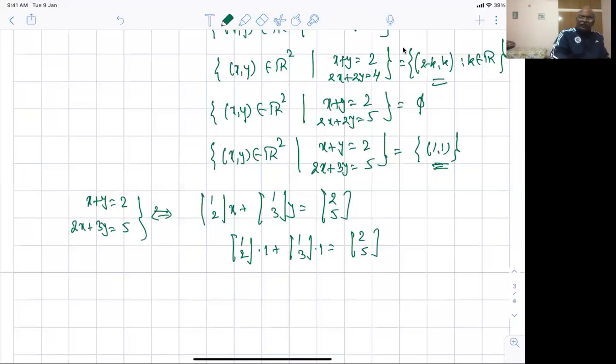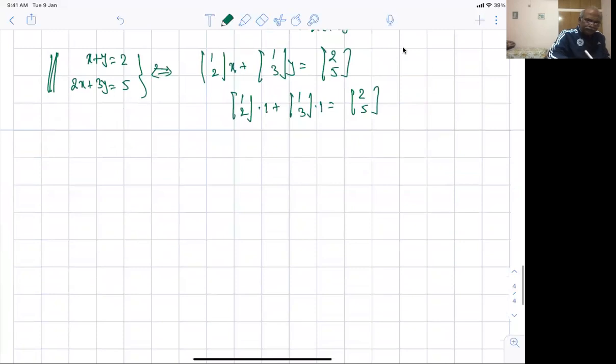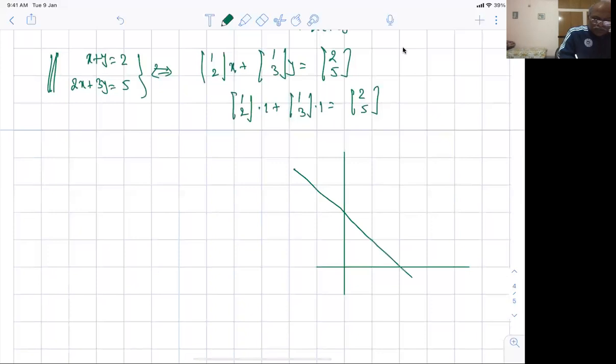So what we are saying is that if I look at this equation here, fine, then I have this line with me. I am very bad at geometry and so on, so just be careful. So we are saying that x plus y is 2 means I have a line like this, x plus y is equal to 2 here.